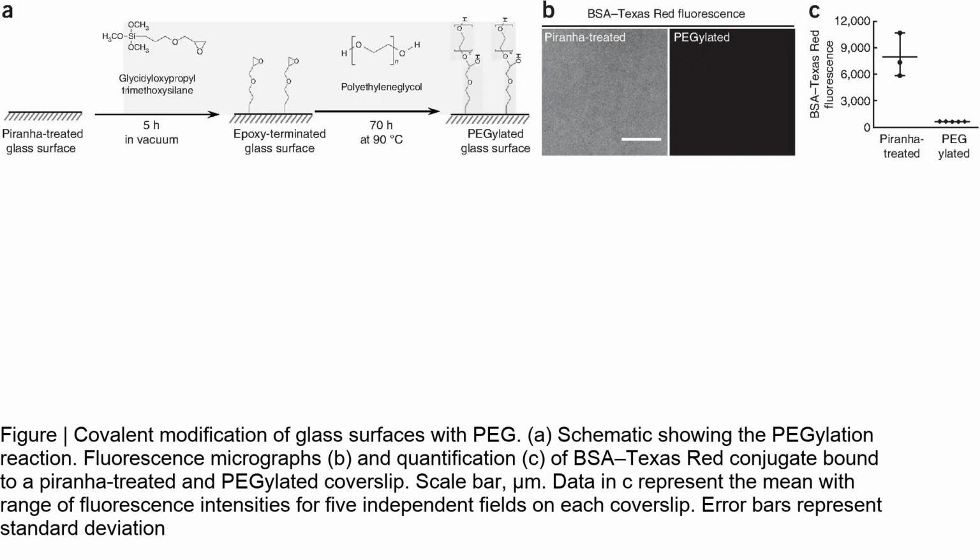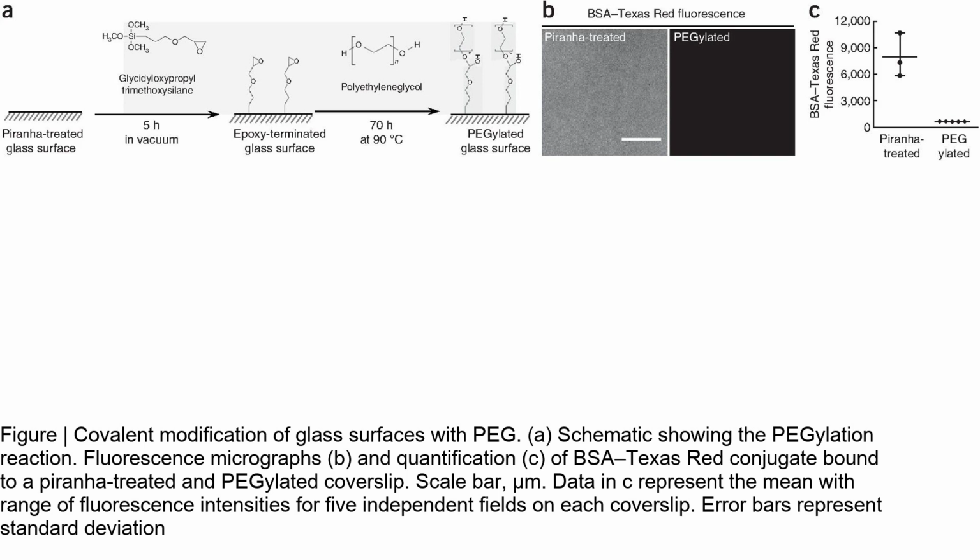Figure 2 of the paper shows the covalent modification of glass surfaces with PEG. The figure includes a schematic showing the pegylation reaction, as well as fluorescence micrographs and quantification of BSA Texas red conjugate bound to piranha-treated and pegylated coverslips. The micrographs demonstrate that pegylation effectively prevents binding of the BSA Texas red conjugate to the coverslip, indicating successful passivation